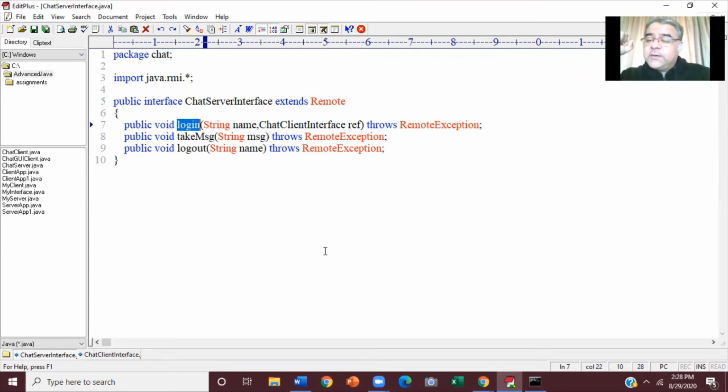Don't you think we should store both of them on the server side? We should store those names and those stubs which are coming. Yes, we should store it.